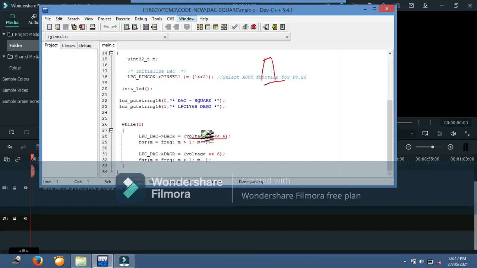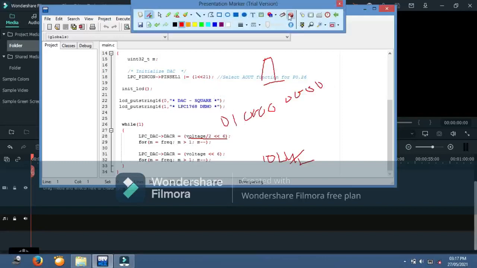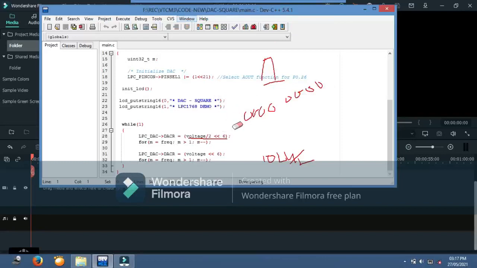Voltage is 1024, divided by 2. 1024 divided by 2 will give you, in hex, 200 as the output.